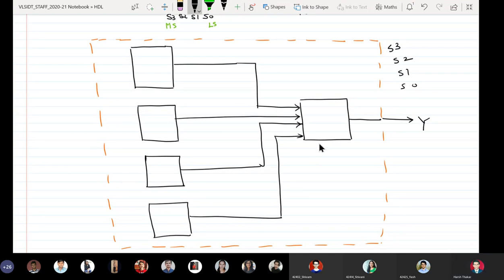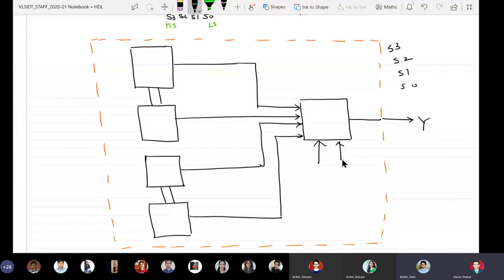Here we will have the MSB, and to the column of 4 there we will have the LSB, S1 S0. Okay. So can you tell me that for the second level of multiplexer, this multiplexer will get S1 S0 or S3 S2?